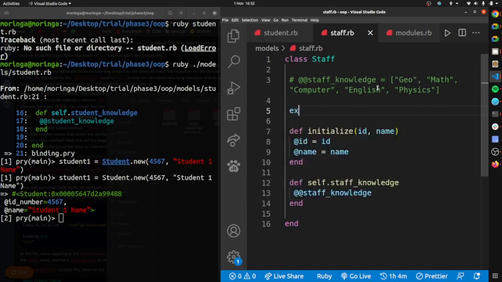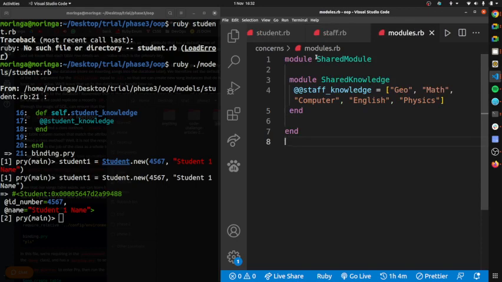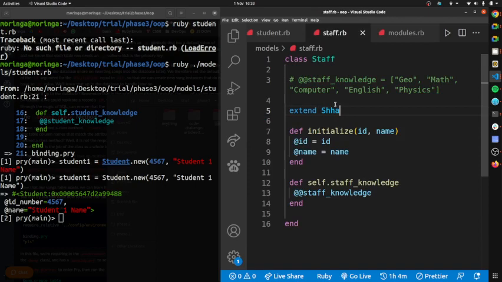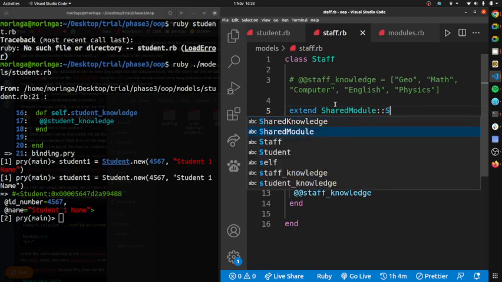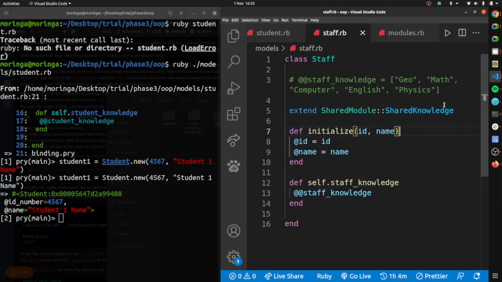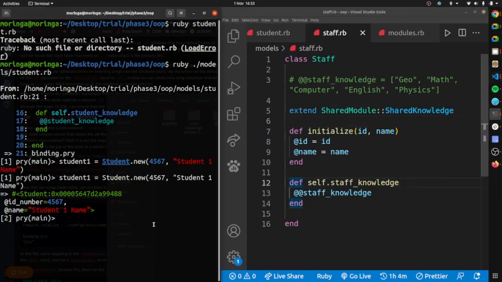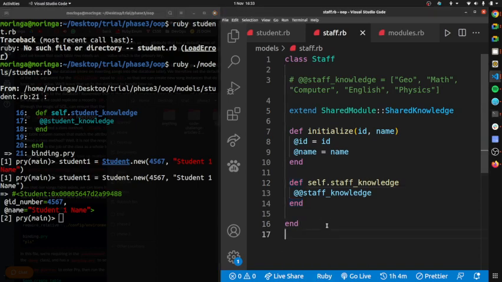So let me do extend, then we'll test it to see whether it works or not. So extend, what was the name? It's shared module, then namespacing shared knowledge. Everything that is inside this shared knowledge will now be available inside this program. We can try to see whether whatever we are doing works. So I'll also write binding.pry,